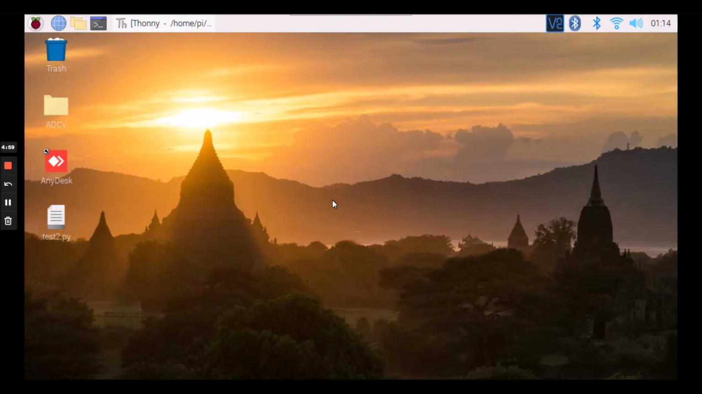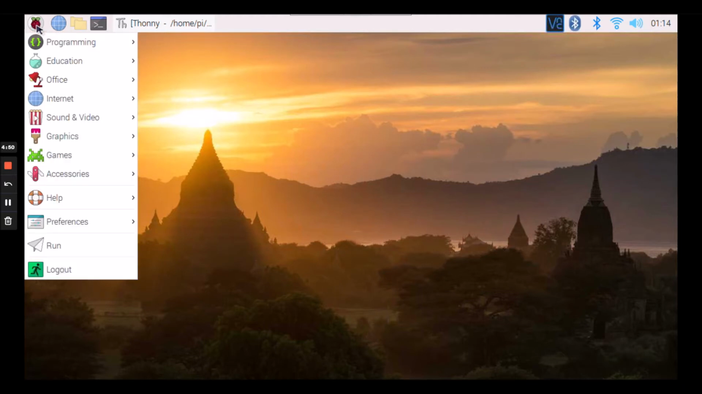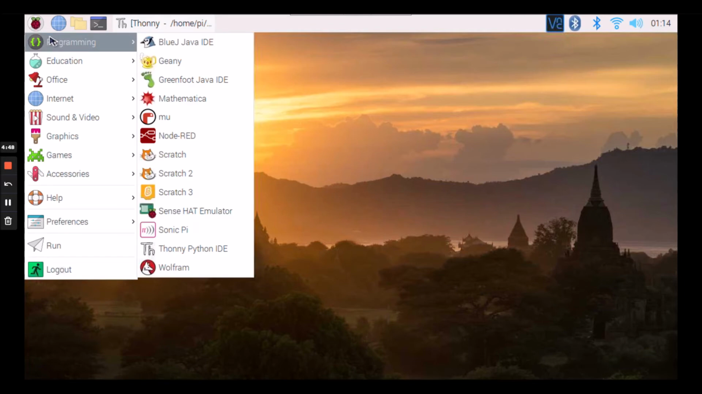For the recommended software, there are various types of software that can be found in the recommended software tools. Go to the Raspberry Pi icon and search for programming. As we can see, there is various programming software that has been installed in this Raspberry Pi, such as BlueJ Java IDE, Greenfoot Java IDE, Mathematica, which is used for technical computing system, Mu, which is a Python editor